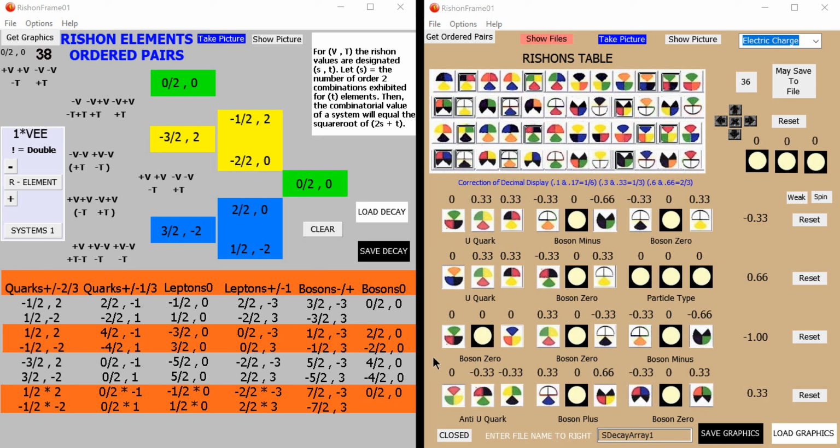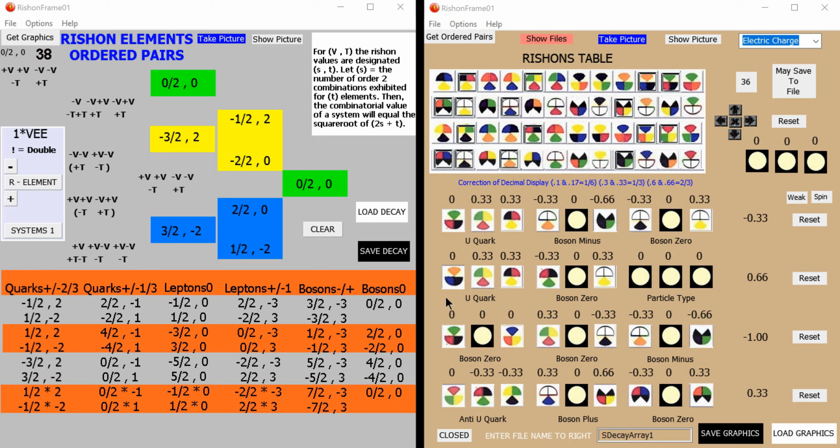Now, let's look at the W minus that is emitted. And so we can see right away that the scalar boson minus carries away a minus 1 electric charge. But in addition, we have a spin 1 vector boson composed of these two V's, but they contribute nothing to the electric charge. Likewise, we have a prime anti-T rishon and a T rishon, making a scalar boson 0, that contribute nothing to the electric charge. So the total electric charge carried away by the W boson will be minus 1, which will leave